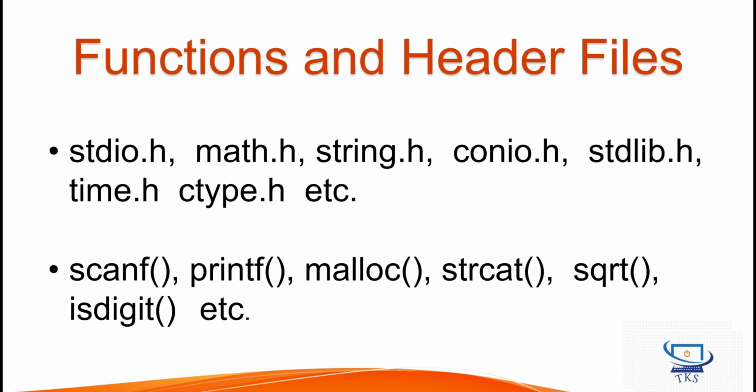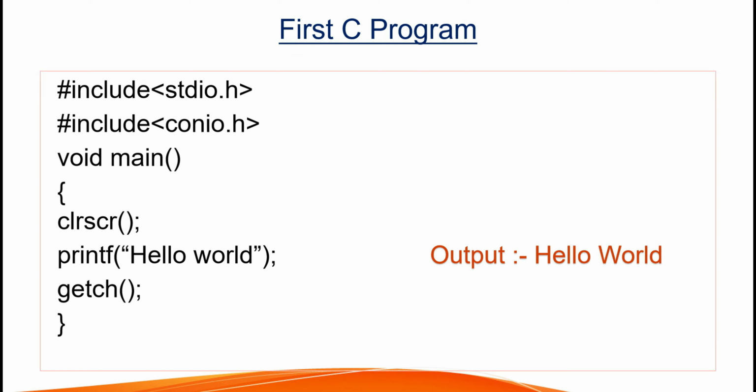So coming to the first C program. Here is the first C program that I have written to overview some of the points. Here I have used two header files, that is stdio.h and conio.h, and this is the preprocessor directive. And here I have written an include keyword which is used to include the header file. I have also written a main function, which is the entry point of every C program. The program starts execution from the main function, and inside the main function, I have written a clrscr function, which is used to clear the screen.